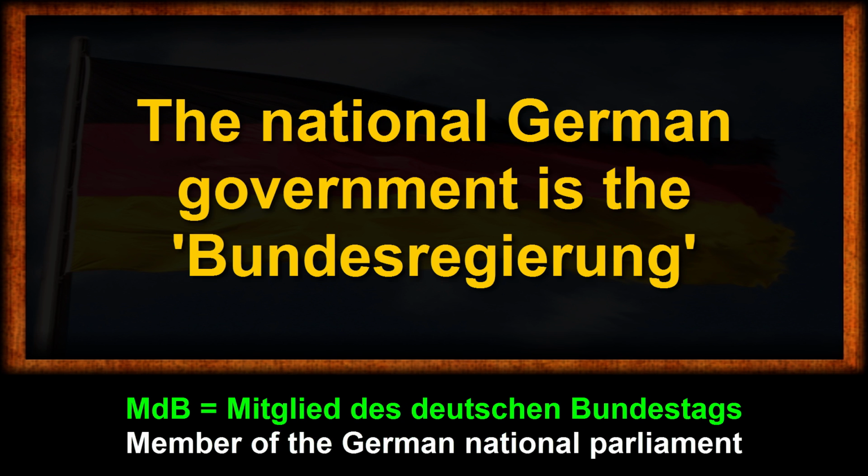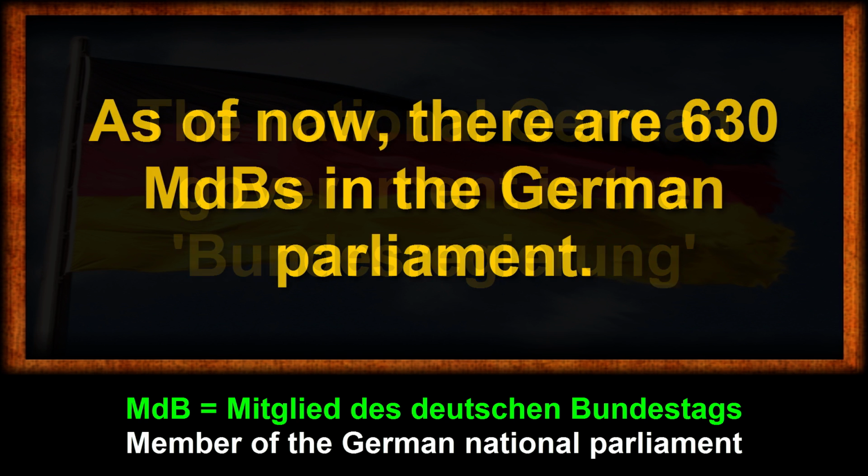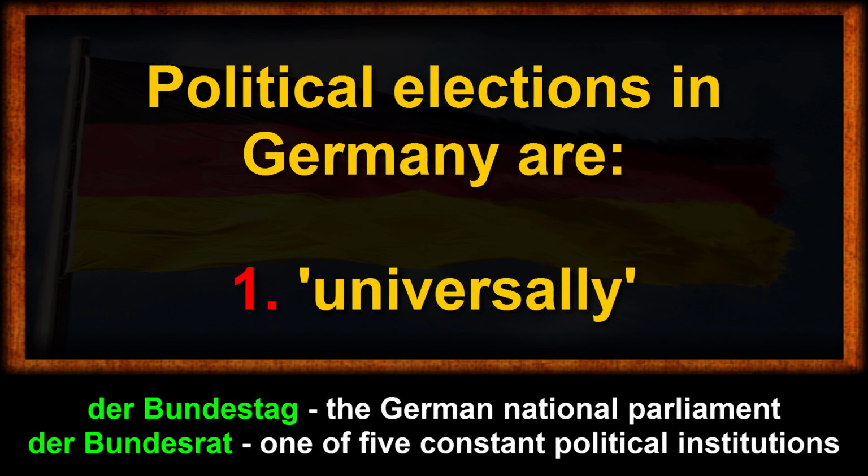People also refer to a member of the German Bundestag as MdB, which is a short form for Mitglied des Deutschen Bundestages. The overall number of elected parliament members can change from election to election. Now, there are a few general rules regarding political elections in Germany, and those rules are: